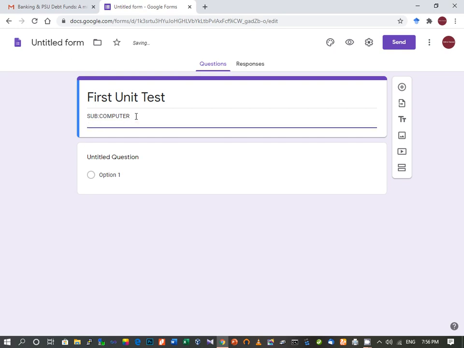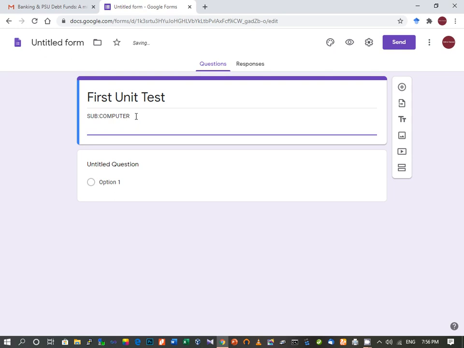Then we can provide the time which we are allotting and the maximum marks. So full marks, let me write down like this, or whatever is the pattern you want, you can write in that form. And here we can write the time, suppose 30 minutes. So this is our description. The way you want, you can provide your description.